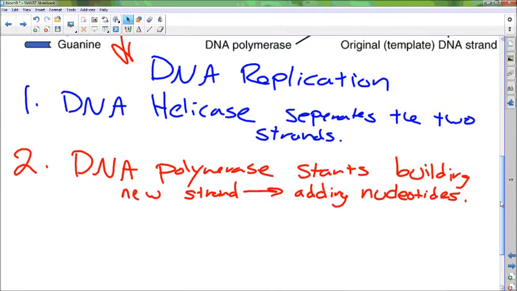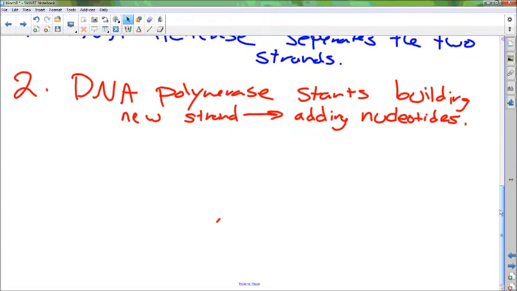Now, there is some other stuff that happens there, like the DNA polymerase can't really start until something else has been put on. We're not going to worry about some of those little details. We're just going to hit the broad strokes. So the helicase separates the two strands. The polymerase starts adding new nucleotides. Now, step 3